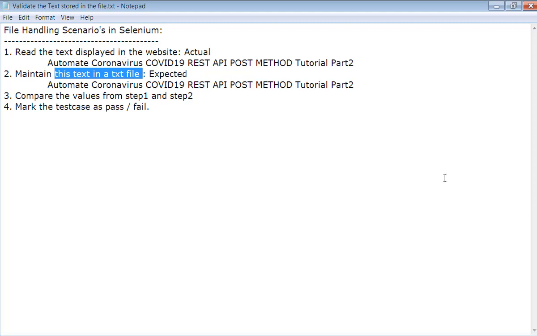The classes are the File class, FileReader class, and BufferedReader class. These classes are helpful for us to read the text file.